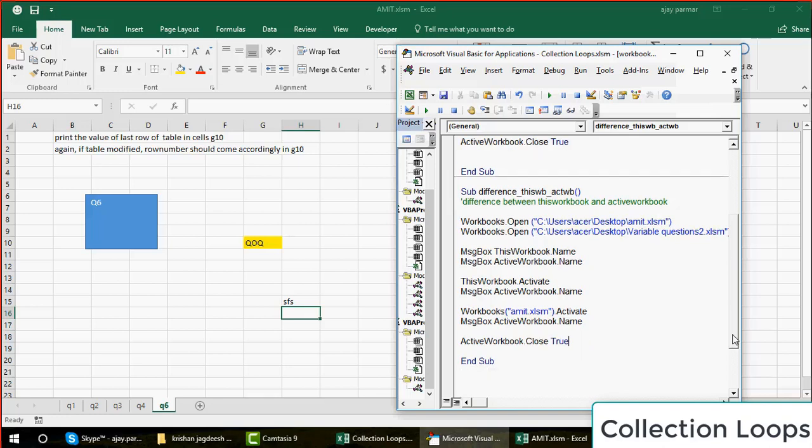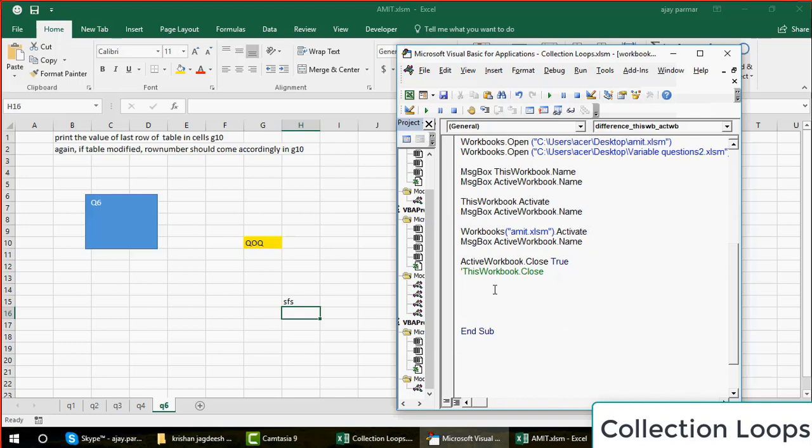Now this will close the active workbook. But what if I want to close maybe some other workbook which I have not activated? In that case, you can't write active workbook.close. So, can you write this workbook.close? Of course not, because this will close the file which is responsible for your macro running, from where you're running the macro. How can you close that file? Because if you're going to close this file, if you have something written after this also, that will never run, because your workbook is getting closed. So please do not use this. If you want to use it, make sure you know what you're doing. Okay, maybe after you do everything, then you want to close it in the last, then that's okay.